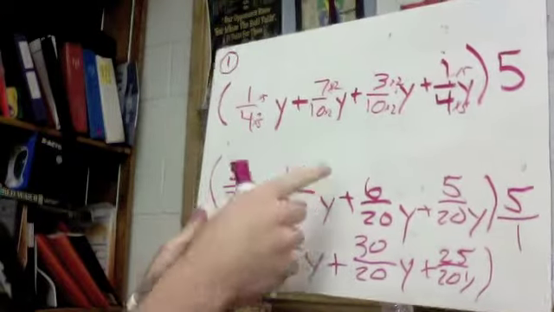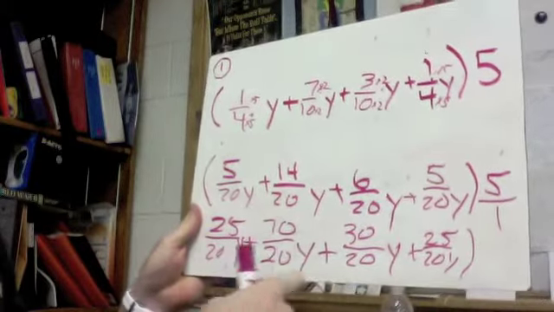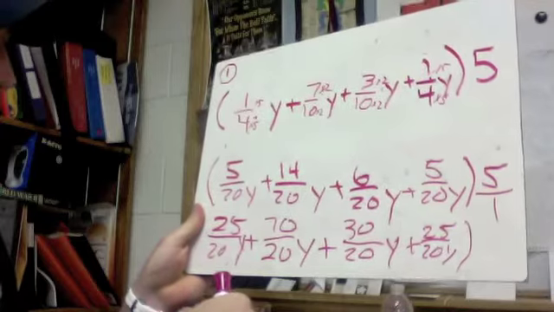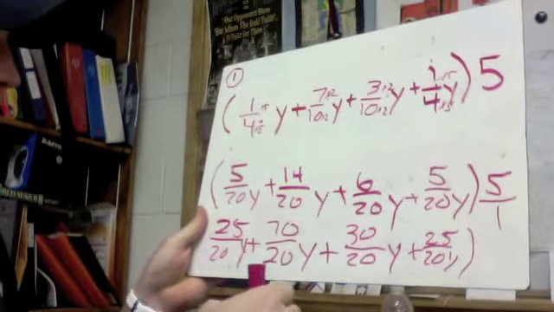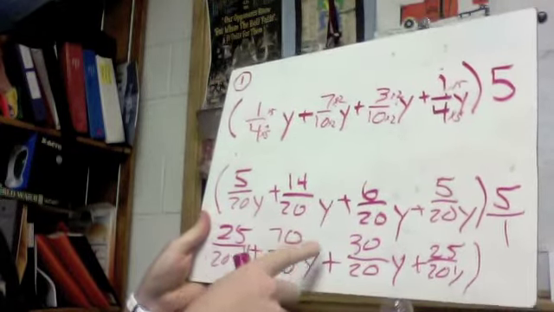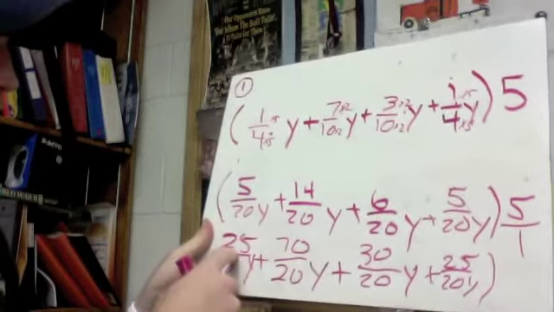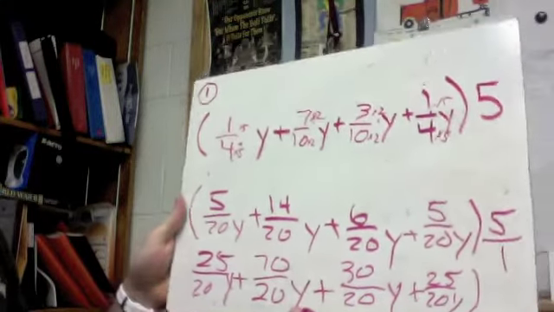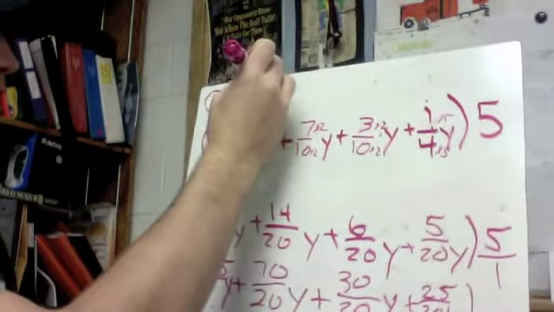Now all we have to do is add together, and the nice thing about it is, since we did the common denominators to start with, we've already got them down here, which makes it a lot easier. So if I start adding things together, 70 and 30 would be 100, 25 and 25 would be 50, so that's going to be 150